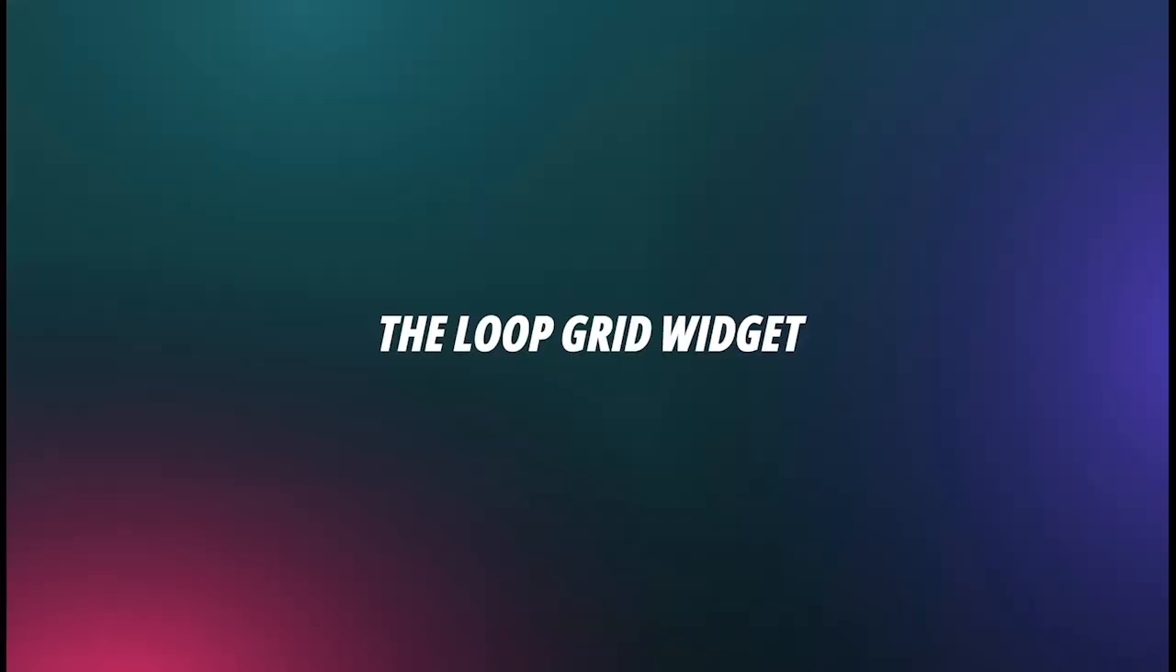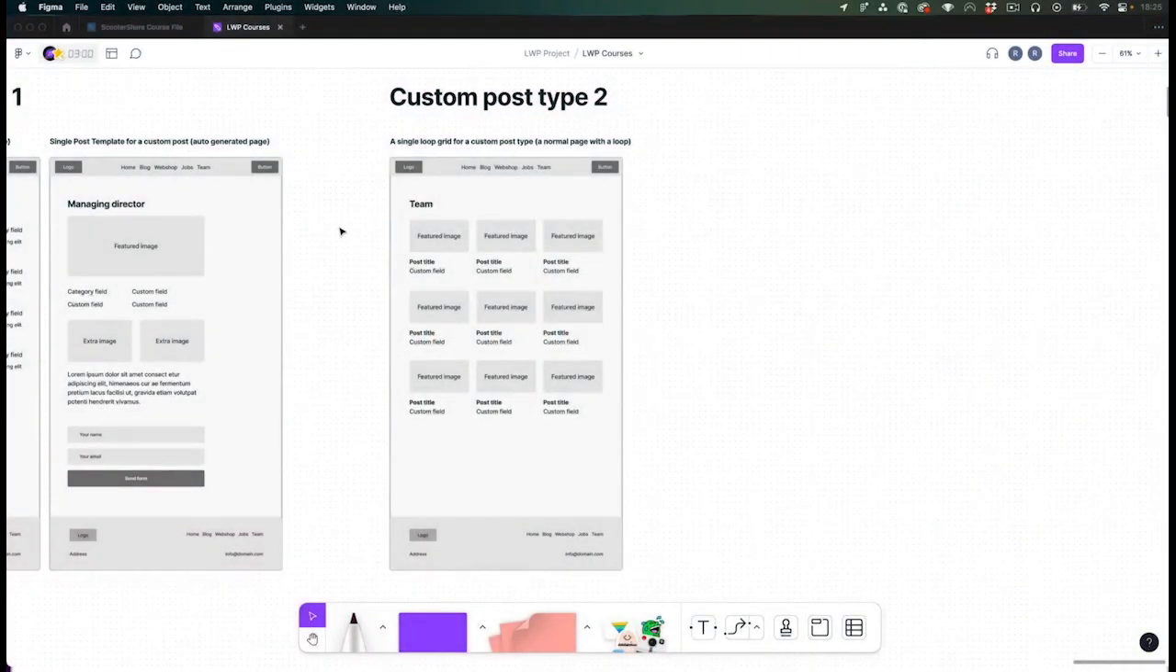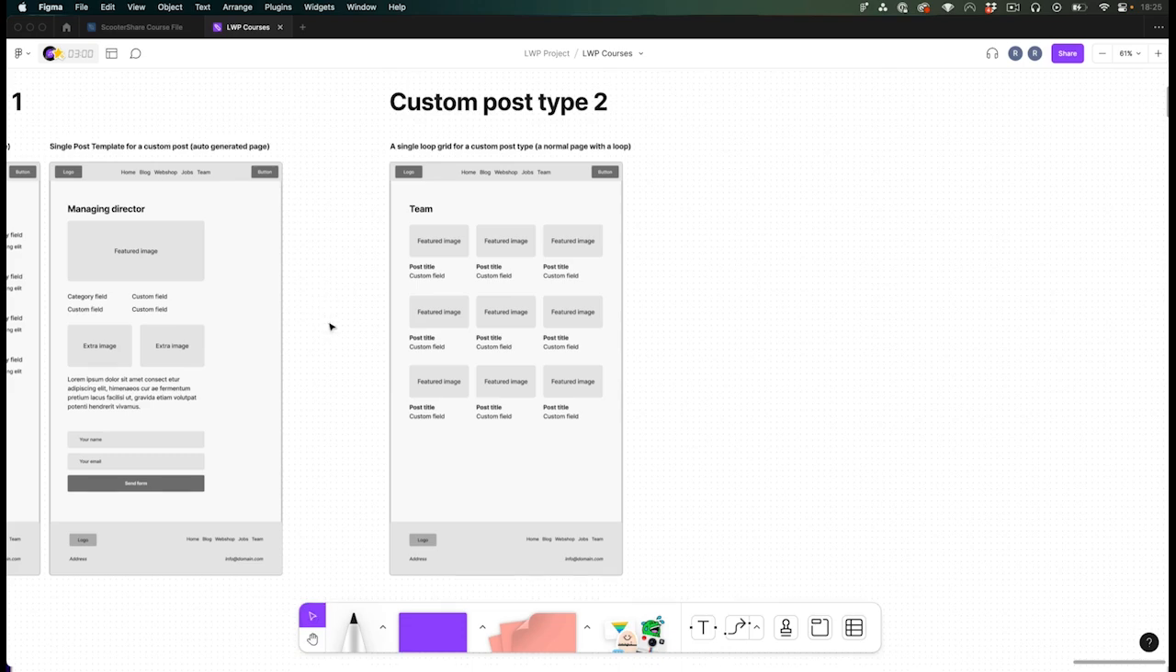Okay, welcome back. We're now going to talk about the loop grid. So in the last episode, I've showed you how you can create individual loops like this. And now we're going to actually create the whole grid. And I will also show you what is the difference between a loop grid and an archive page. I think I have already explained that, but I will now show it in real life